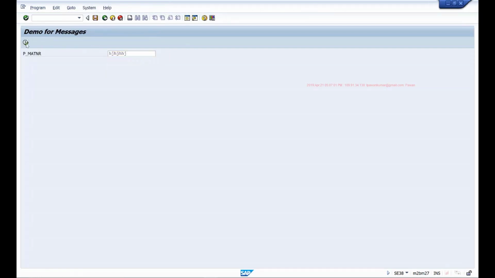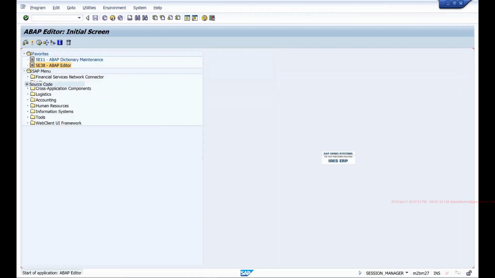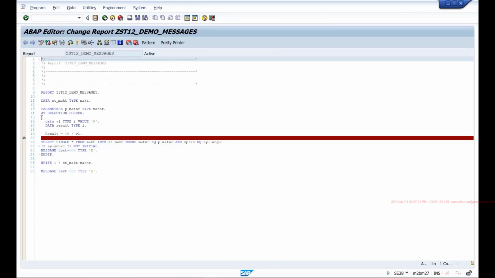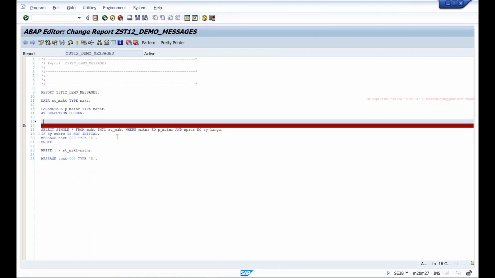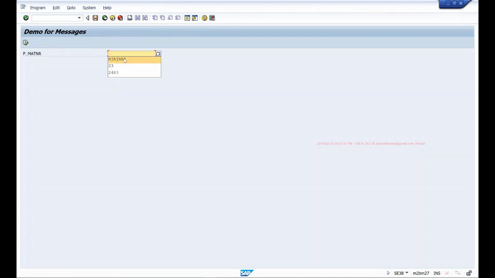So it should show us our message. Okay, so it's showing the message from the text symbol.